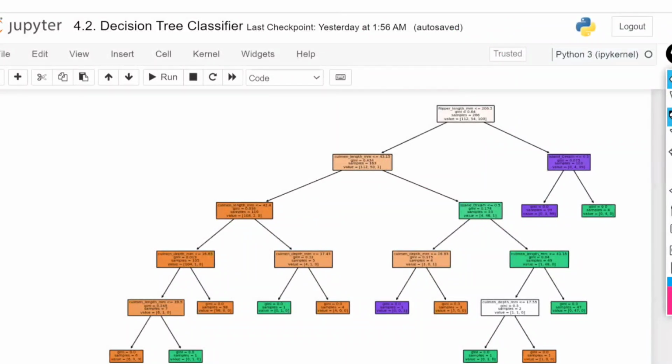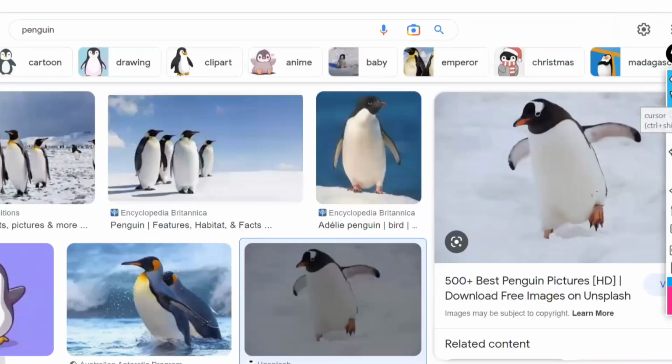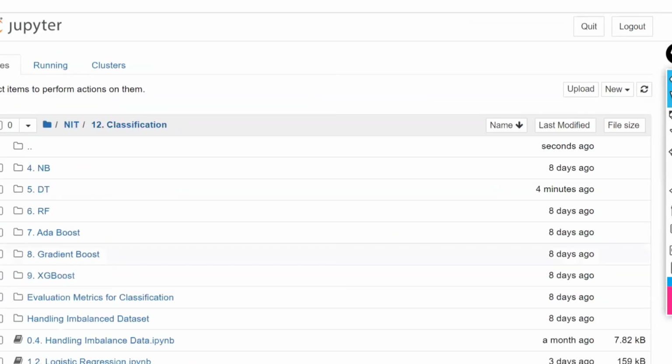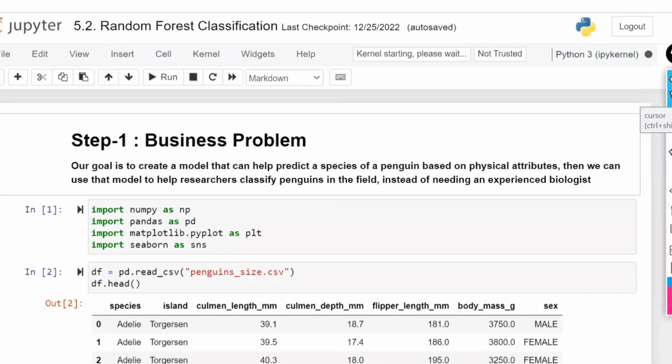Class is not completed. Don't close the nodes. It will take an additional 10 minutes. Random forest, the coding part of random forest, is small. Actually, guys, the random forest coding I can do tomorrow also. But if you learn now itself, you can understand the difference immediately and easily.